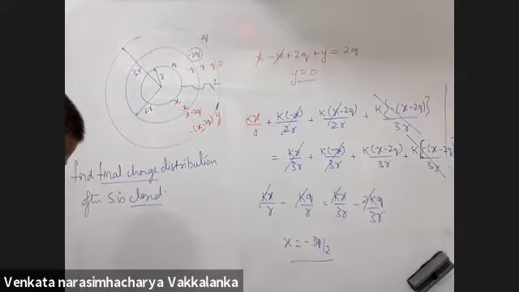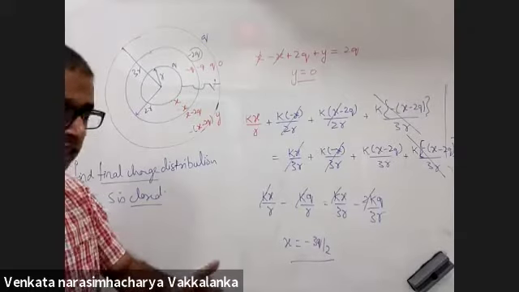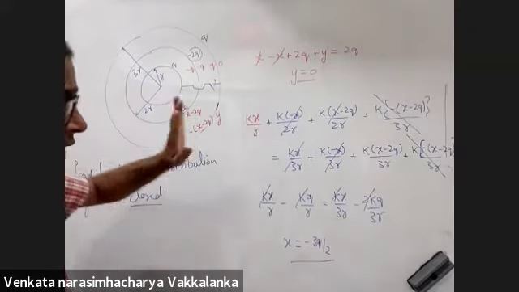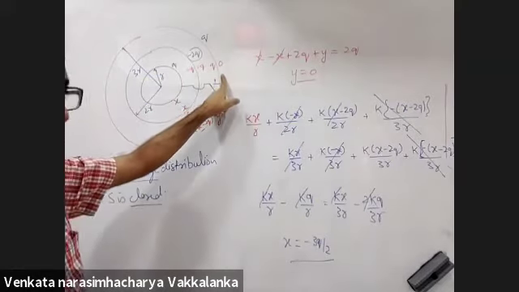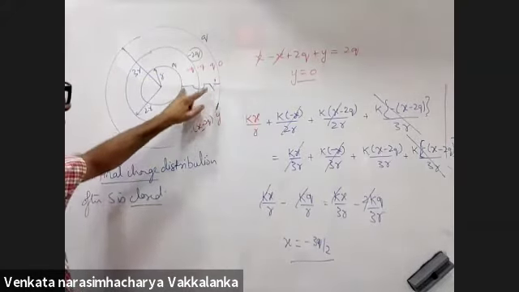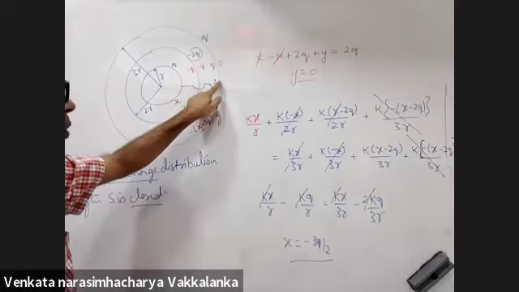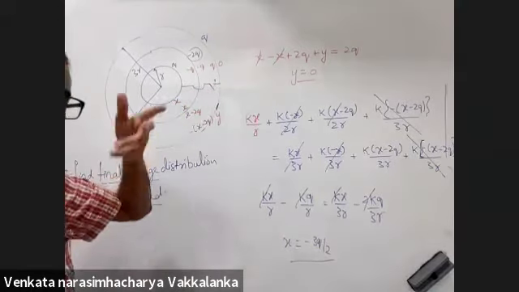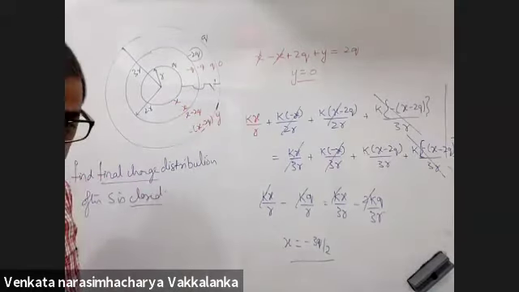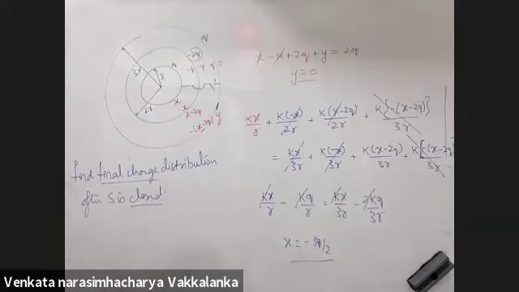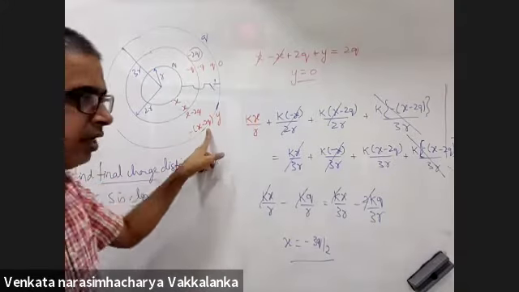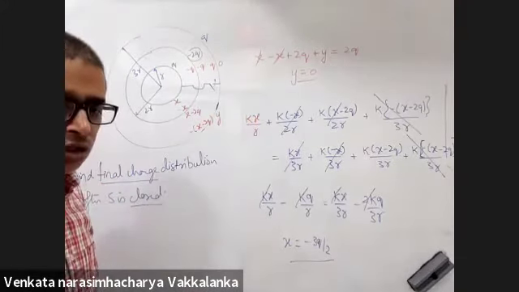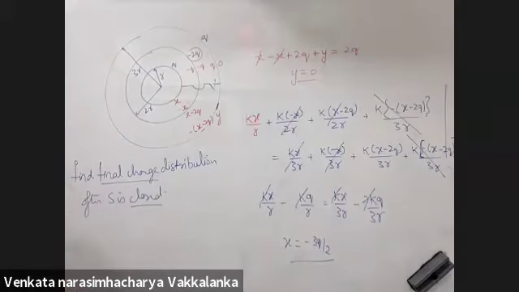Is this clear to all? Yes, sir. The two principles you used: I didn't conserve the total charge on the inner sphere, and I didn't conserve the total charge on the outer sphere. I conserved the total charge on both the spheres put together because you are connecting the innermost and the outermost. And then due to all the charges, potential on the innermost should be equal to the potential on the outermost due to all the charges.